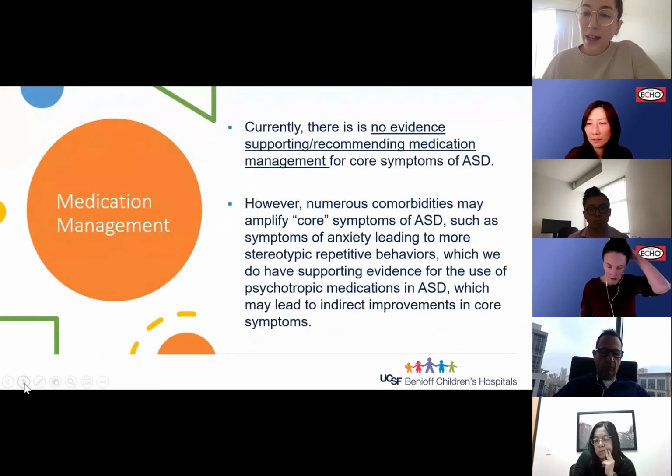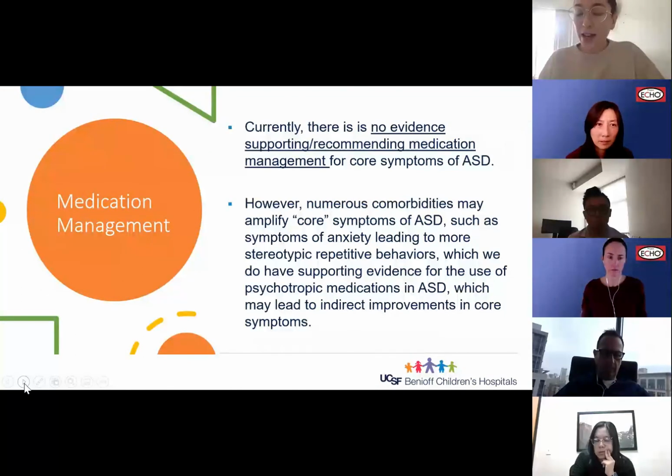So currently, when we think about medication management for our patients with autism, there is not evidence that supports treating those 2 specific core groups. So we don't have medications that can help improve social communication. And we don't have a whole lot of evidence for starting a medication that's going to directly treat those restricted repetitive behaviors or sensory concerns. That being said,